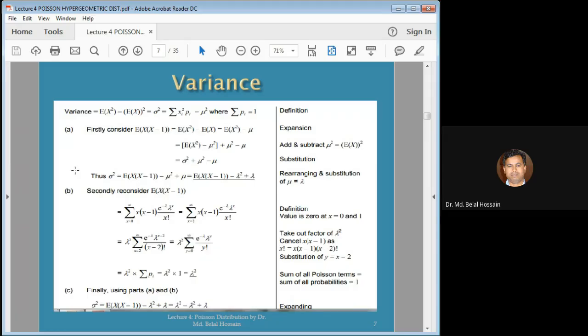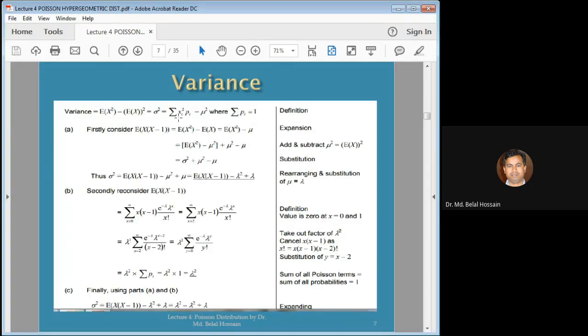Second, we will go for the variance expression, okay. Variance expression হলো, variance এর ফর্মুলা হচ্ছে এরকম, যে expected value of x square minus expected value of x এর হোল স্কয়ার, ওকে। তো এখান থেকে আমরা xi স্কয়ার ইনটু py, x স্কয়ার ইনটু py মাইনাস মিউ স্কয়ার, আমরা জানি এই মিউটা হচ্ছে ল্যামডা, কাজেই এটা আমরা পরে মিউ এর মান বসাবো, কিন্তু